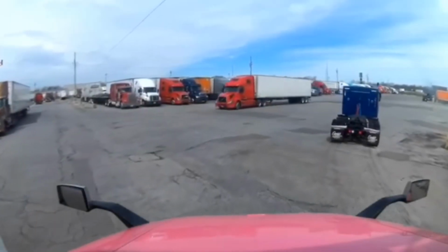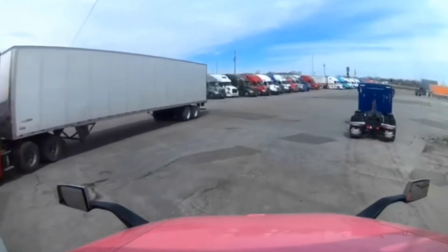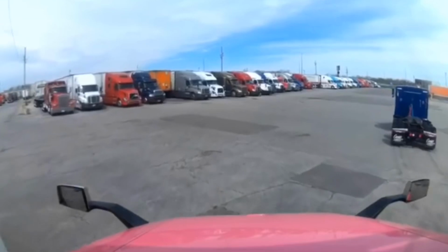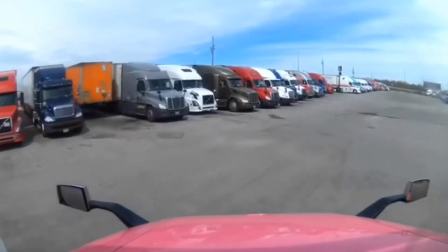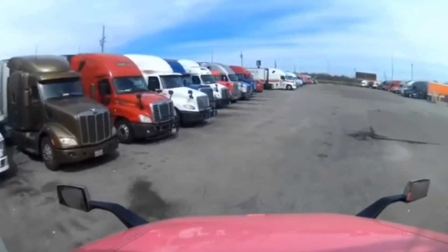Find the scales. I think I see it over there. It almost looks like there's a line to the scales. I think there is. I'm sure this bobtail's not wanting to scale, so I think we're gonna go around him. I mean, by all means, if you want to scale your bobtail, go for it, but